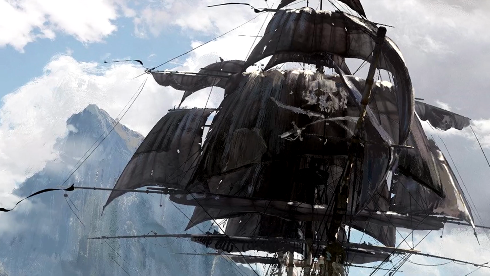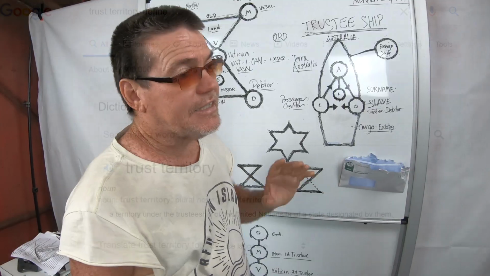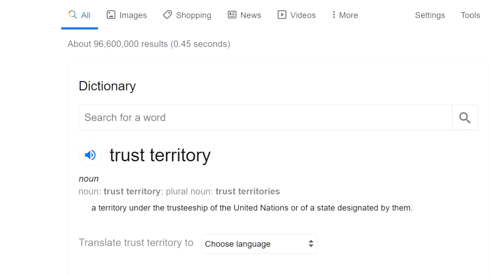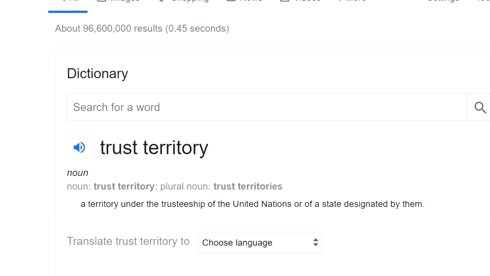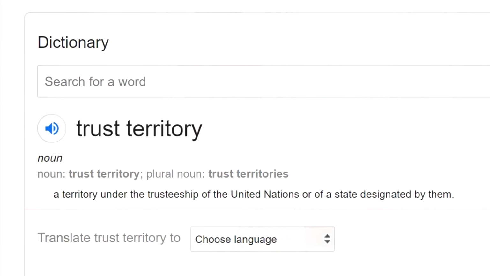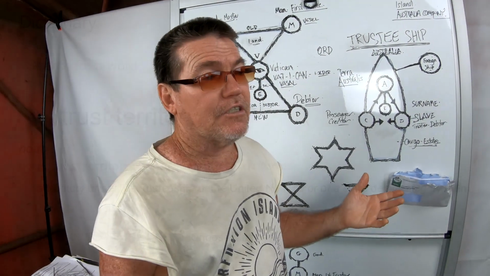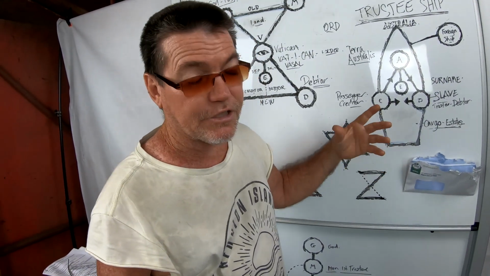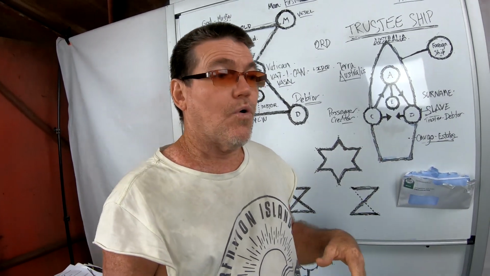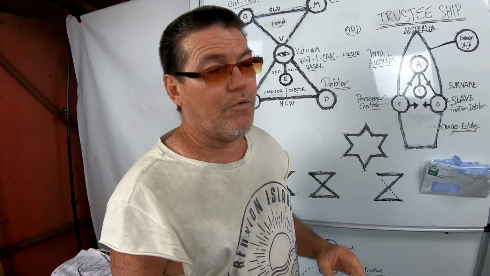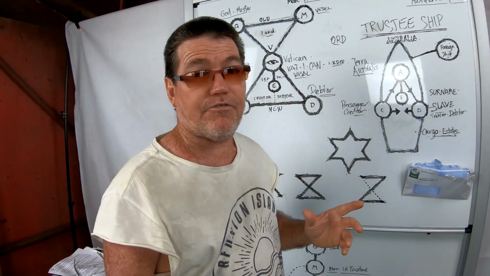And if you look at the normal dictionary, as we can see here, a trust territory is a designated area, not particularly of land, of anything. It's a designated jurisdiction where the boundaries of that jurisdiction extend to. And in a case of United States, or a case of Australia, or Canada, or Britain, or Great Britain, these areas are really known as trust territories.